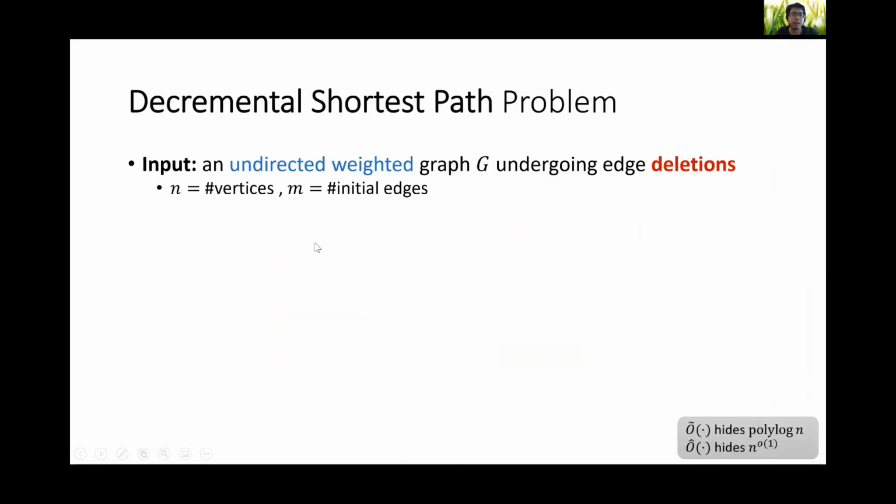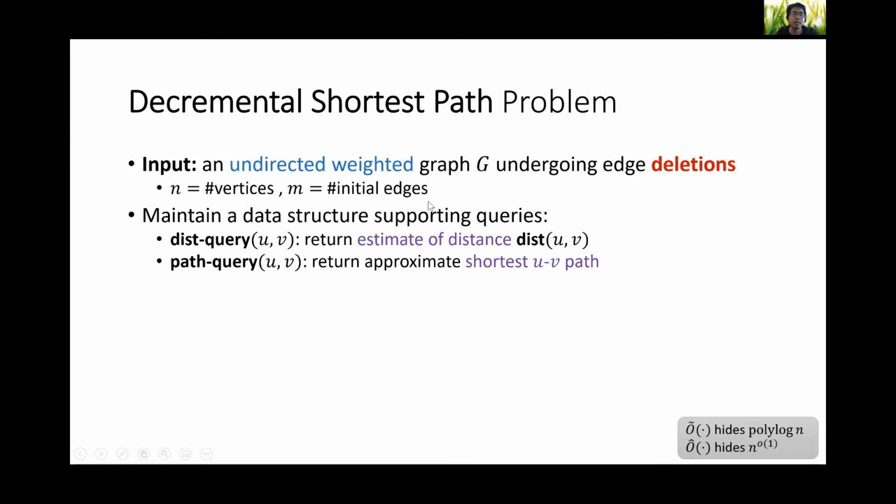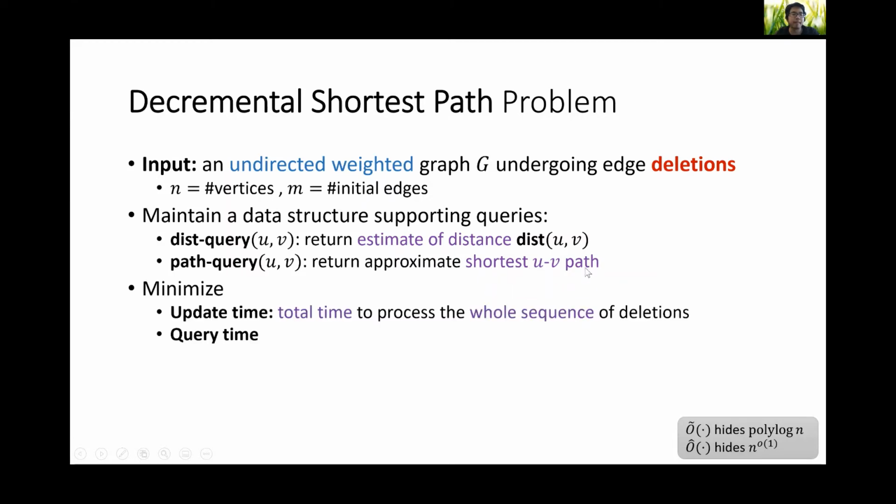So in this problem, you are given an undirected weighted graph G that undergoes a sequence of edge deletions, deletion only, all right? Let n be the number of vertices, m be the initial number of edges. The goal is to maintain a data structure supporting the following queries. First, a distance query. Given u and v, you want to return an estimate of the distance between u and v. And a path query, that is similar, but now you need to return an approximate shortest path from u to v. And what we want to do is to minimize the update time,